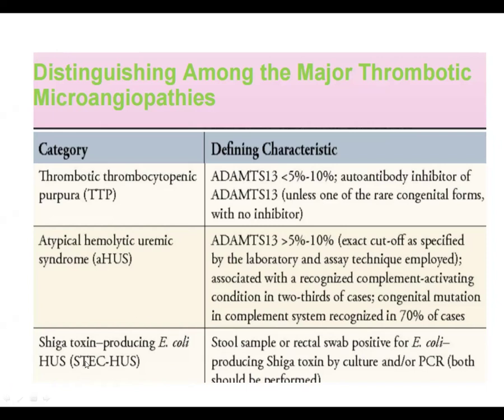What are the Shiga-like toxins? Basically, Shiga is causing the bloody dysentery. It will cause bloody stool, it will cause dysentery. So the E. coli, one of the strains of E. coli